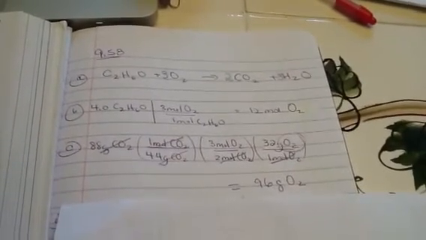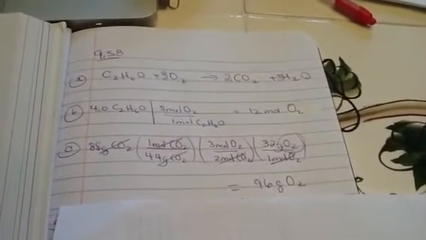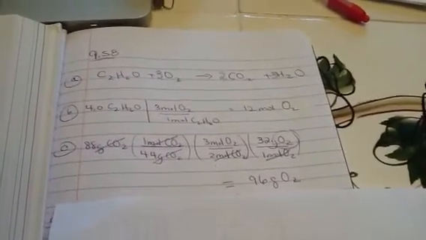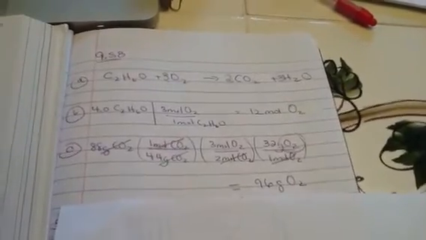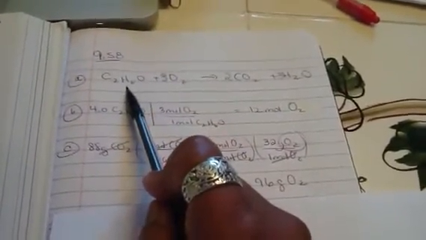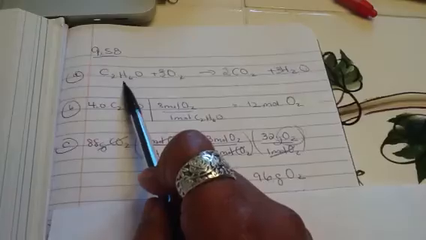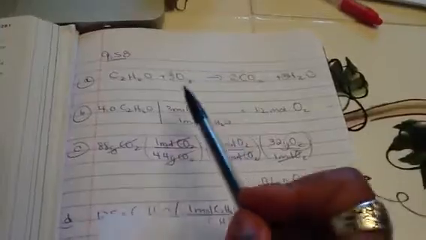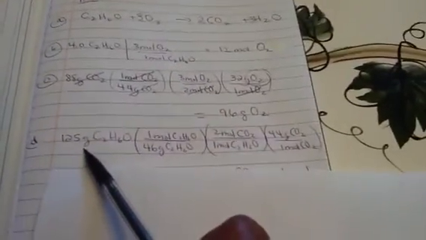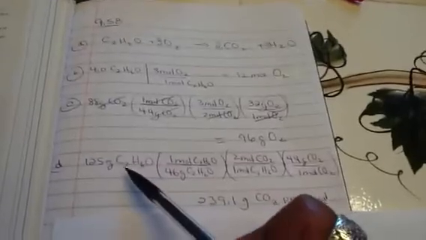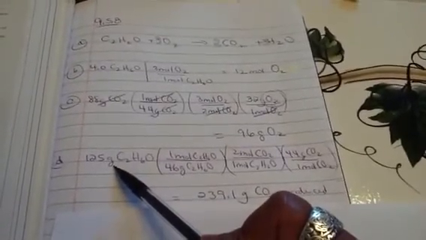The last one says if you add 125 grams of C2H6O to your gasoline, how many grams of CO2 and water can be produced? So I'm adding this to my gasoline. I'm not concerned that the gasoline is also going to produce carbon dioxide and water, but it didn't tell me how much, so that's not the issue. The issue is I start off with 125 grams of alcohol, ethanol, and how many grams of CO2 will be produced. So I first have to convert grams to moles of